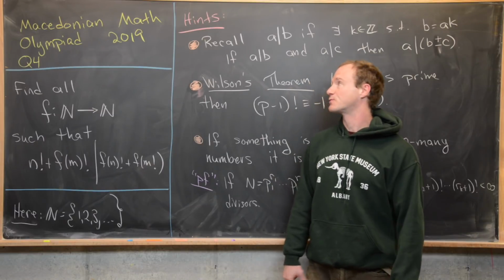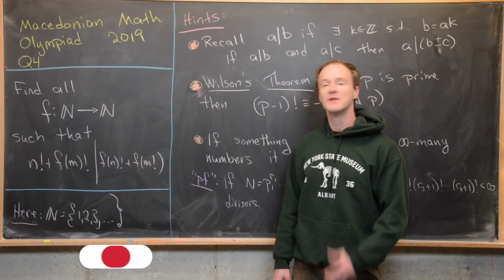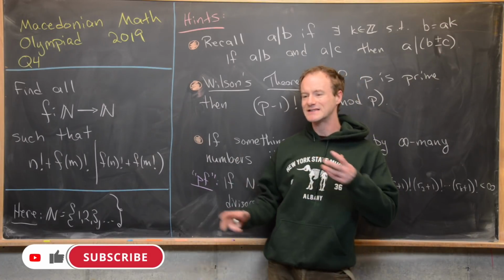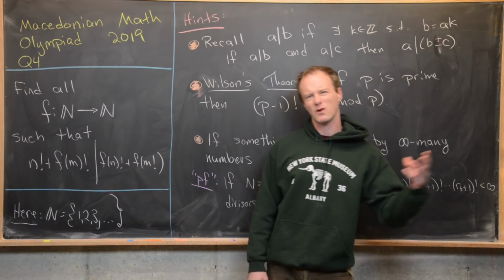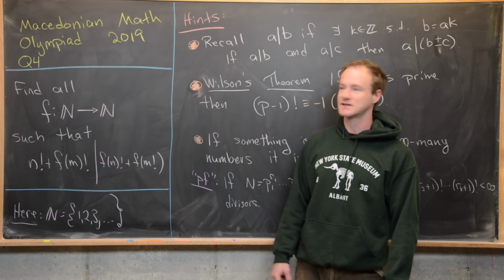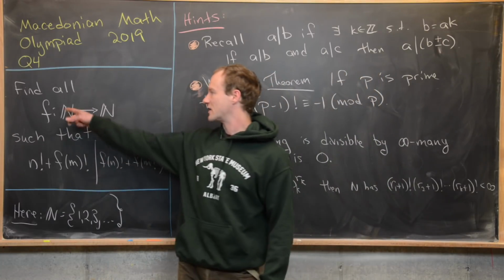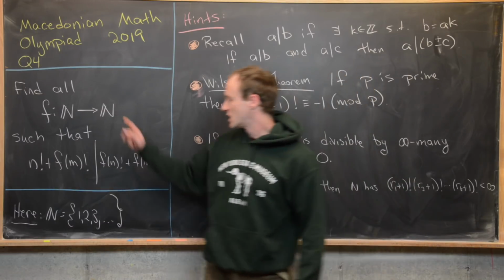Here we're going to look at a nice problem from the 2019 Macedonian Math Olympiad. So this is question 4, and it's a mixture of a question involving a functional equation or a functional relationship and some number theory tactics. So our goal is to find all functions from the natural numbers to the natural numbers such that we have